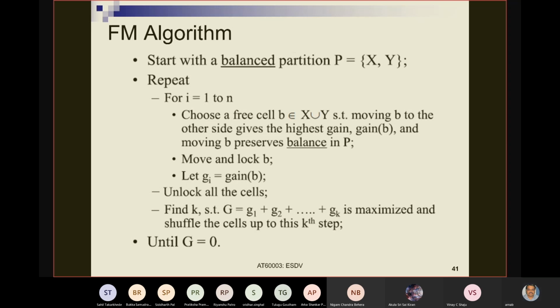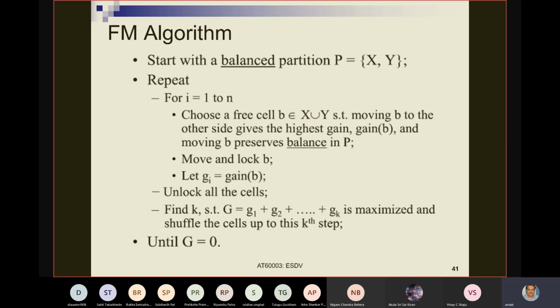And we are saying that we want to keep the hardware area cost balanced at each point. Therefore the algorithm starts with a balanced partition. We already told what we mean by balance, and then we go inside a loop where we find the task with the highest gain at each point in time and move it to the other side. We discussed all that, right? We go on doing this until all tasks are moved to the other side.